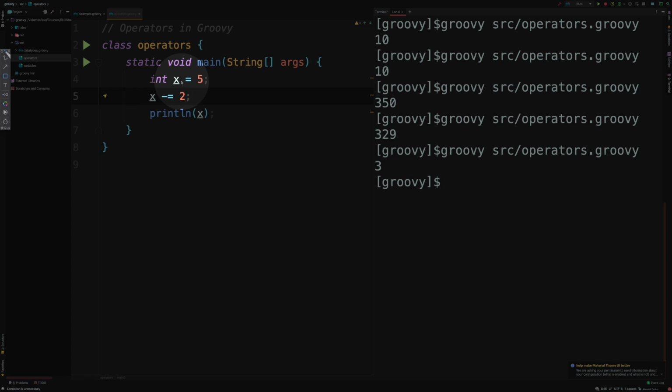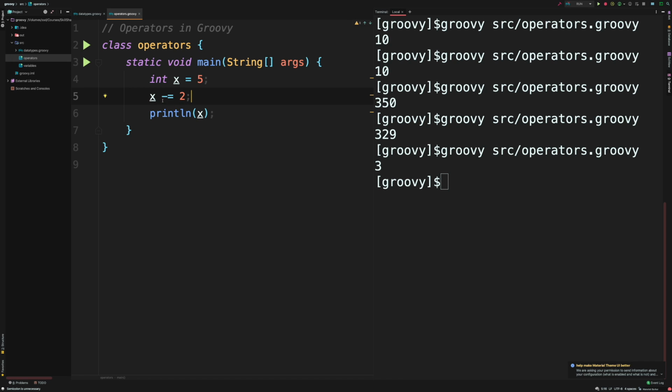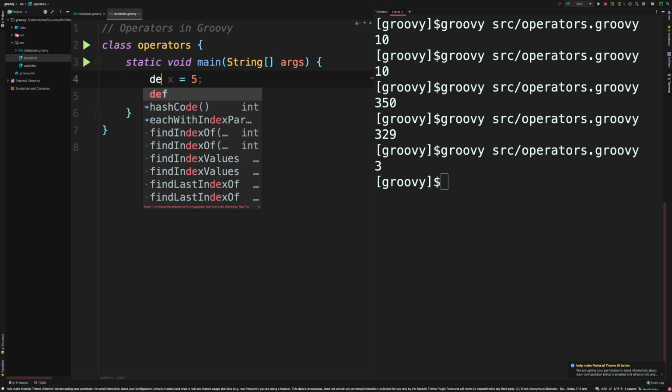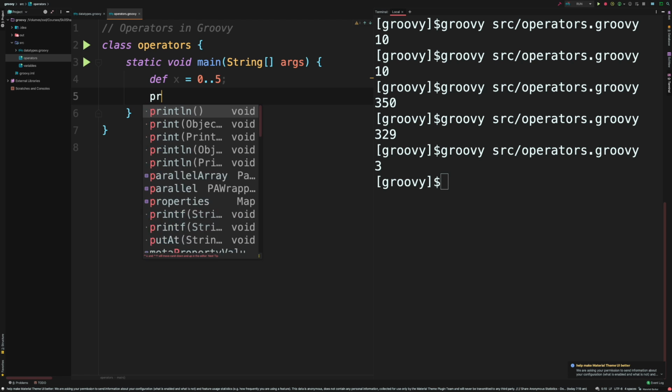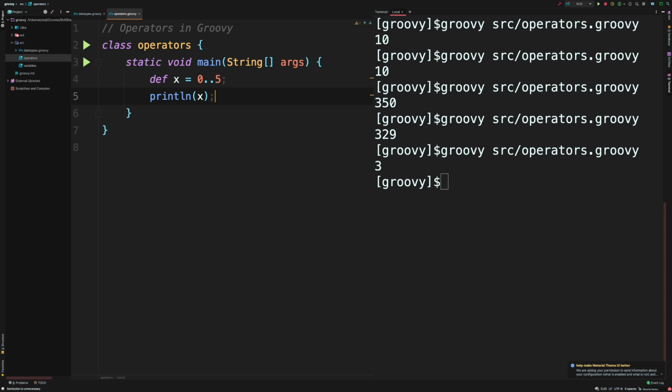Instead of integer x equal to 5, I'm going to change that. First of all, let's get rid of this. I'll just do def x equal to 0..5. First, let's try printing x and see what we get.